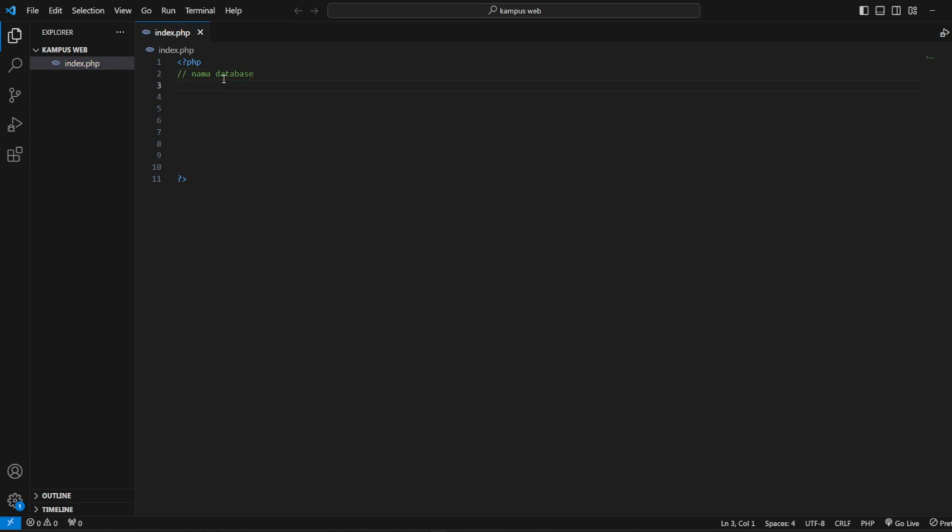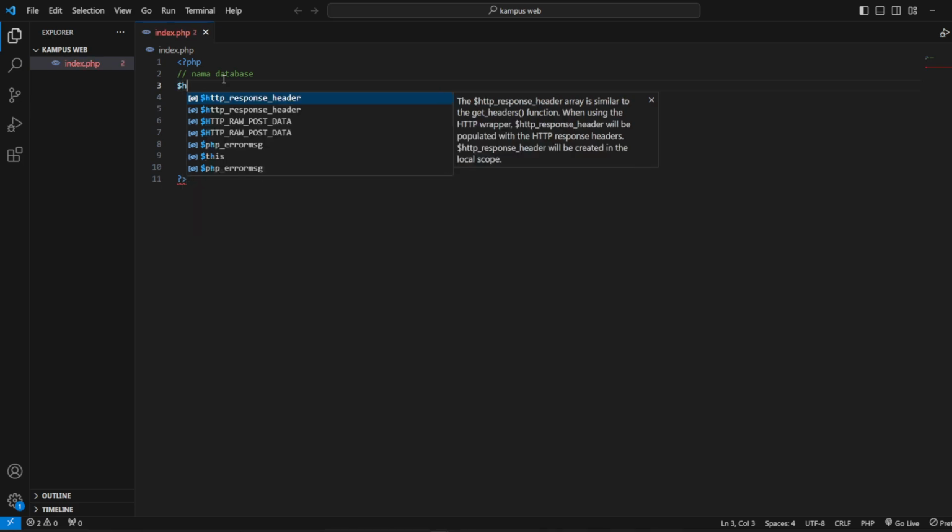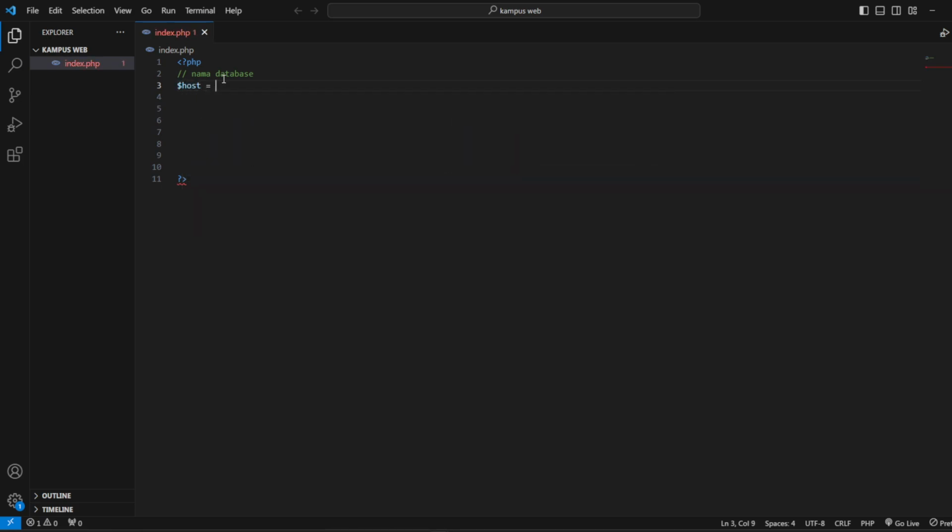You can write the variable $host is localhost. I'm sorry, not database but host.